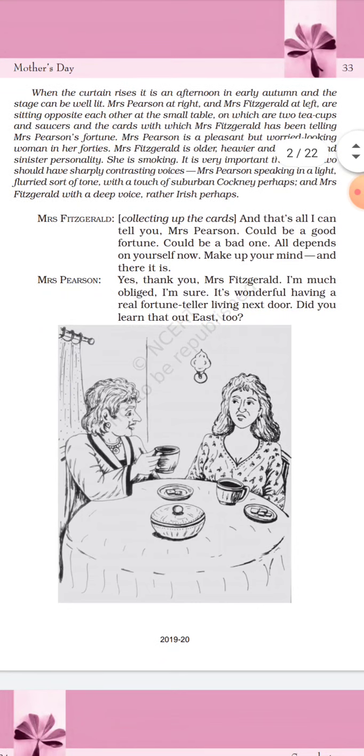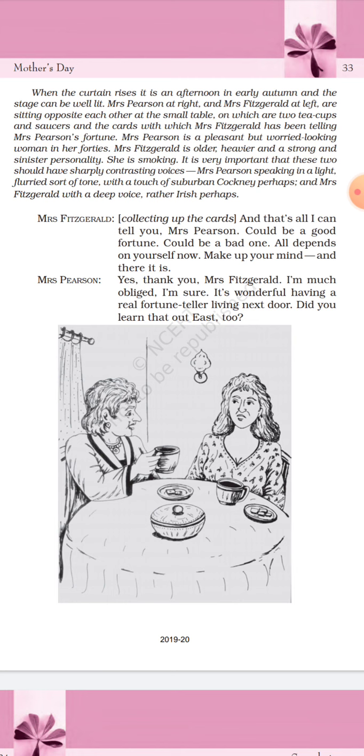When the curtain rises, it is an afternoon in early autumn, and the stage is well lit. When the curtain rises, it's a play, and when the play starts, it is well lit with proper light. Mrs. Pearson at right and Mrs. Fitzgerald at left are sitting opposite each other at the small table, as you can see in the picture, on which are two teacups and a saucer, and the cards